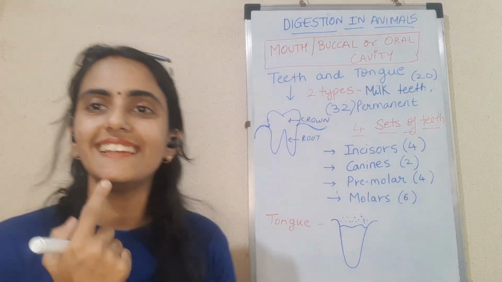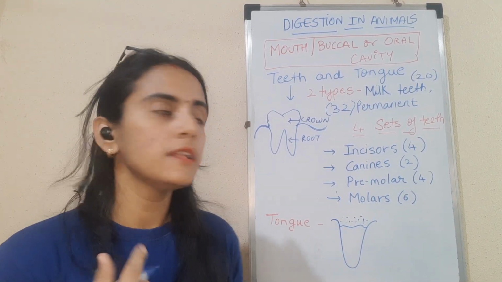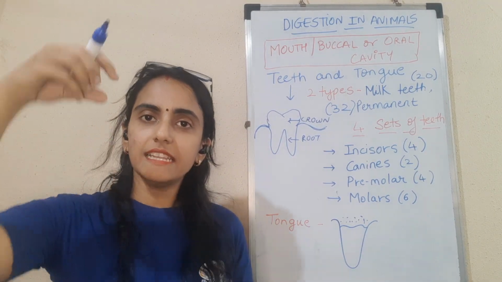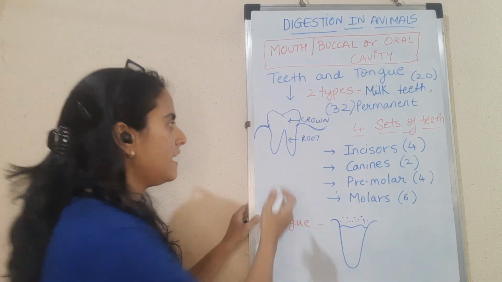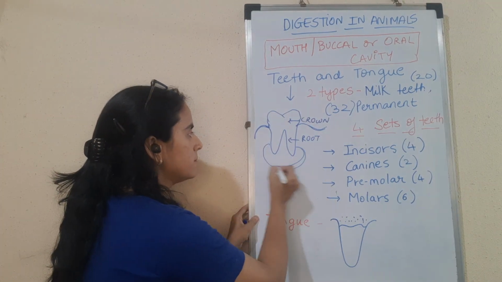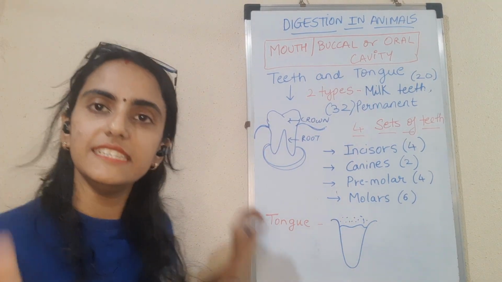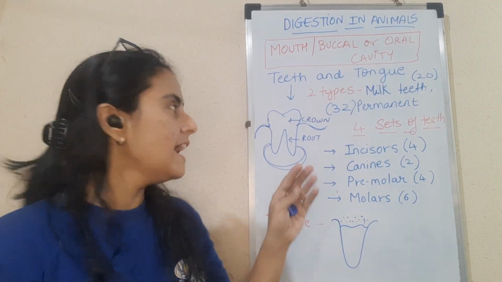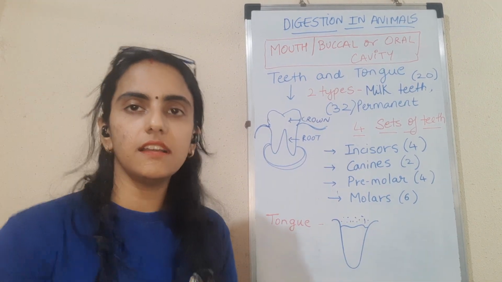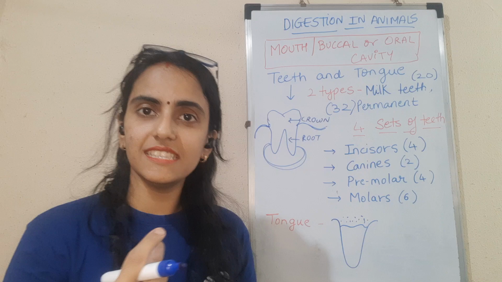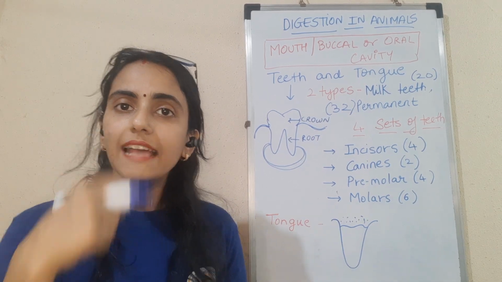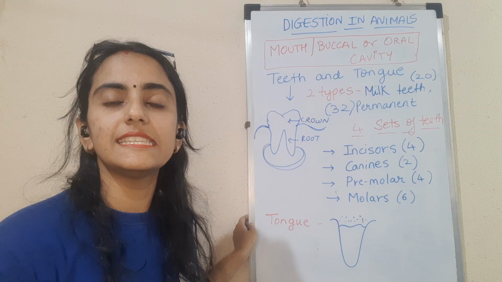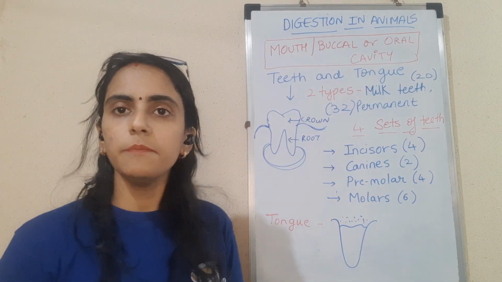We know this pink color that we can see in and around our teeth is called gums. So the tooth is present inside the gums. There are round sockets present for every single tooth, and the teeth are embedded in those sockets inside the gums. The part of the tooth that we can see is called the crown, and the long part that we cannot see, which is present inside the gums, is called the root.